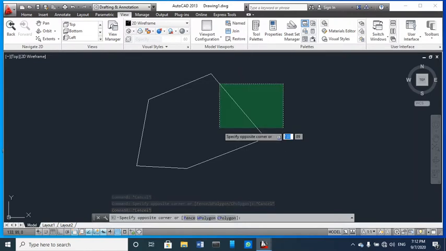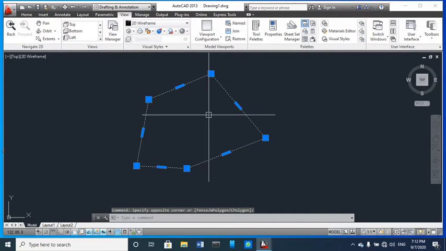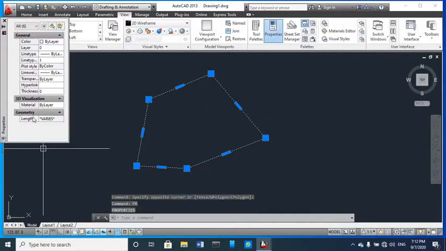So you can just select this and type PR for property. So here you can see everything.